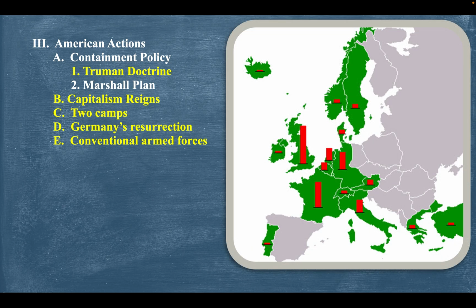You see the countries here in green, they are going to get grants and loans from the United States to help rebuild after the war is over. And you can see some countries like Spain, they weren't involved in World War II, so they don't need really anything, and they don't want to kind of become beholden to the United States. You see that the larger the bar graph, the more money that they took. The United States also offered the Marshall Plan to Eastern European nations. However,